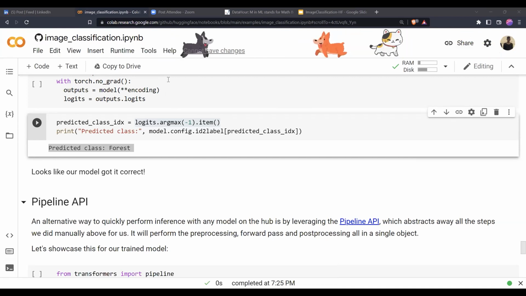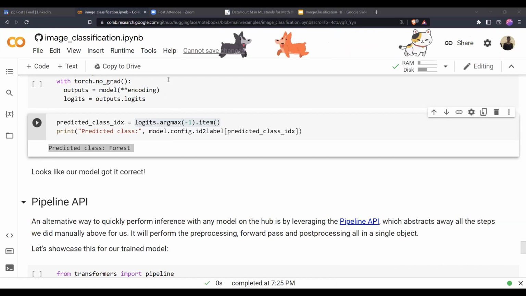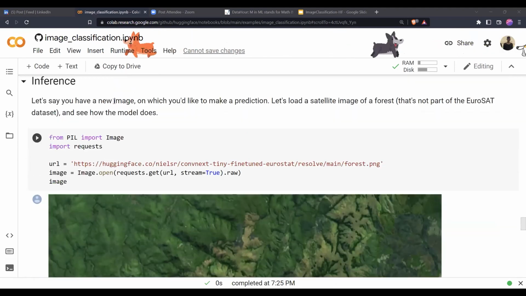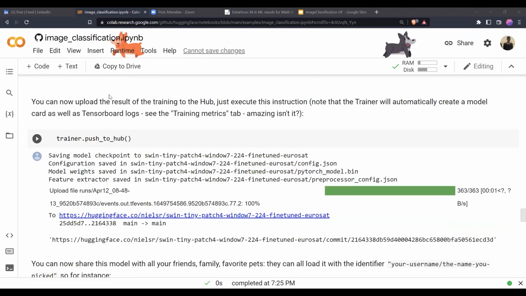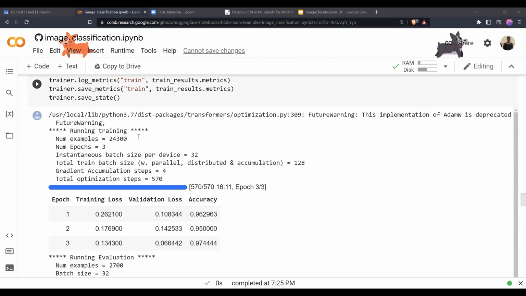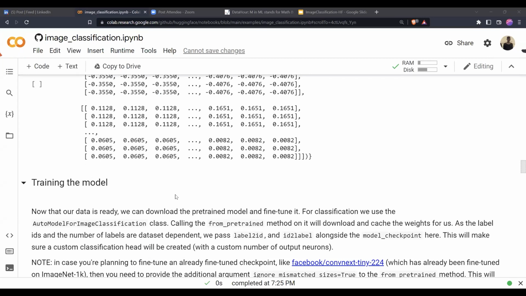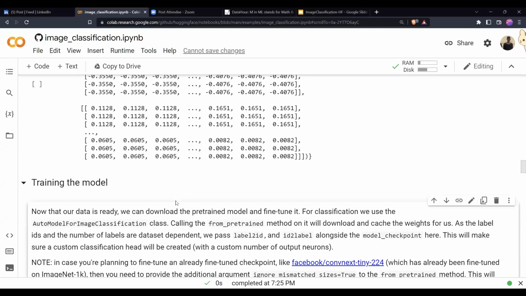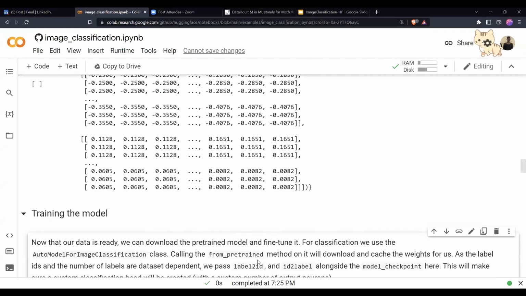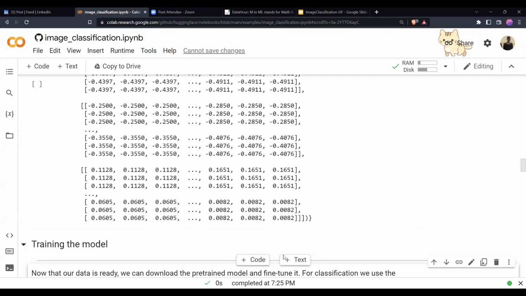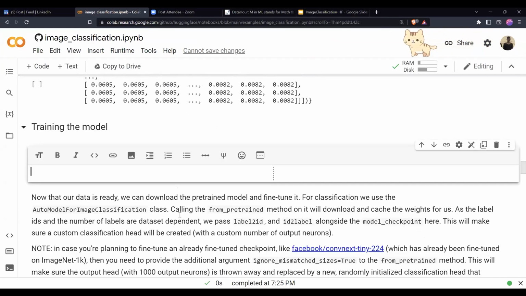Someone is asking, how does the dataset know which image belongs to which label?